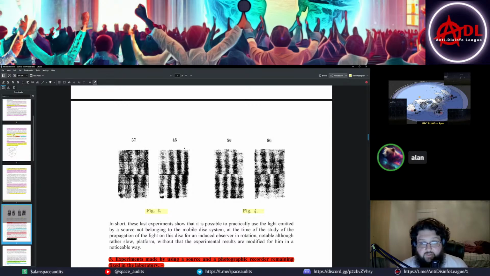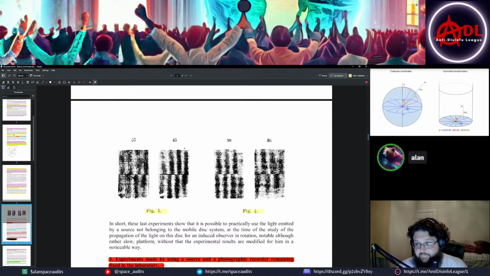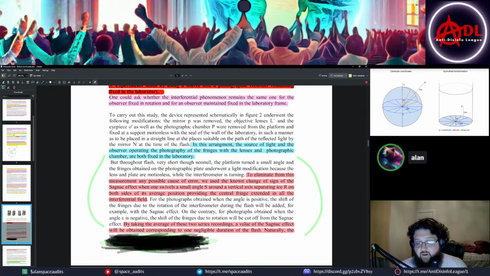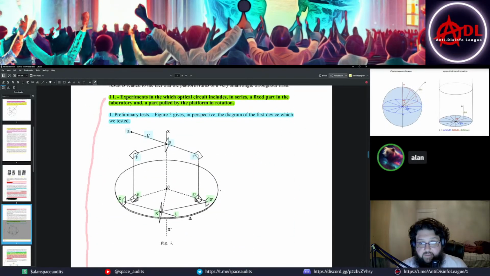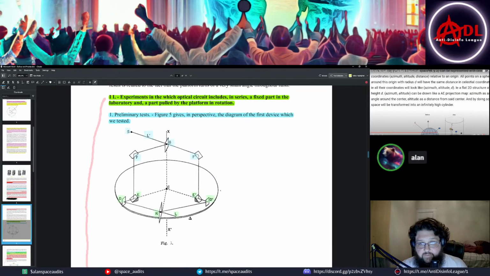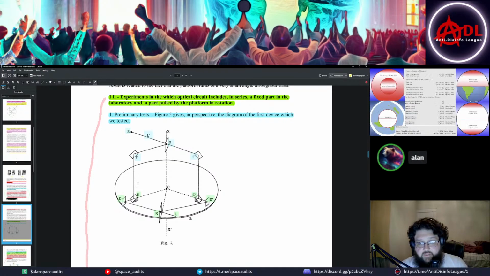And then here's a picture of the comparison of the fringe patterns. Here's the traditional Sagnac setup with the fringe patterns, very cool. And then here's the stationary light source showing the same fringe patterns. Then they did a third configuration where they had a light source and recorders fixed to the wall and one recorder fixed to the rotating frame. And they had a stationary frame here that is connected by 45-degree angled mirrors on both sides. And the light beam hits the 45s, gets